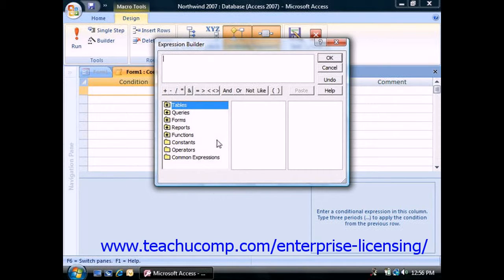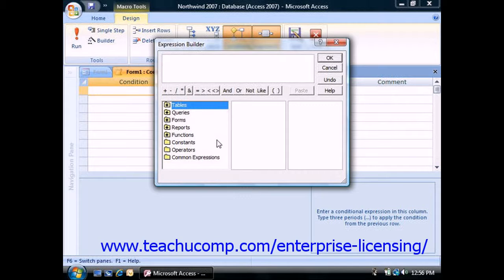You can then use the Expression Builder dialog box to assist you in creating your condition if necessary. And ensure that the condition that you create is placed next to the desired action or set of actions in the Design View. Then when the macro is activated, it will only perform the action if the condition specified is